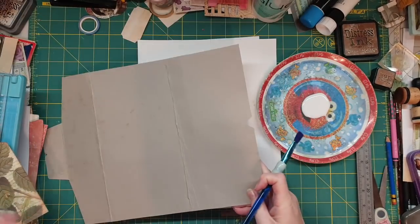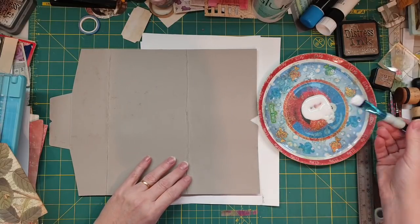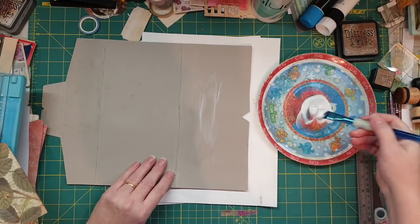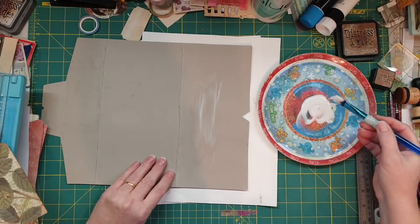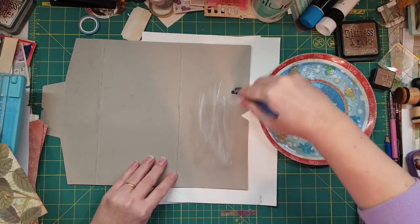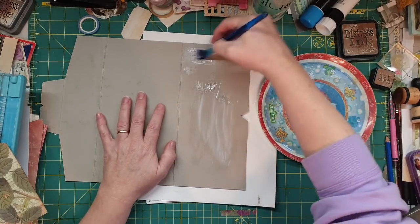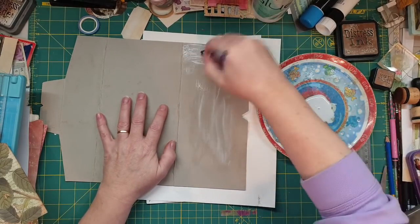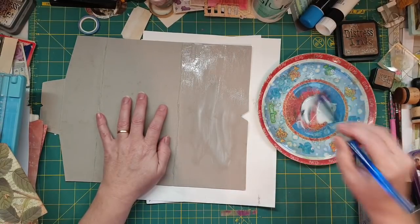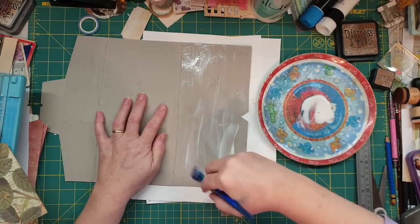I'm sure a few of you would have these shirts when husband buys shirts and stuff. It's a way of using your junk mail, but it's nice and thick. But you can make this just as easy out of cereal boxes. But when I saw this, it gave me an inspiration to make a little folder to hold my junk journals